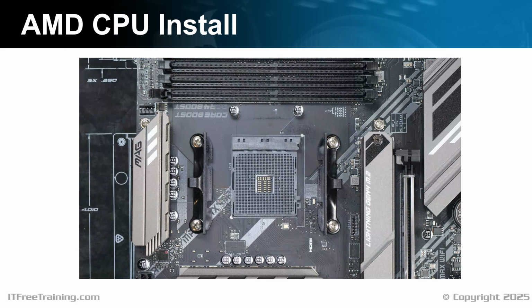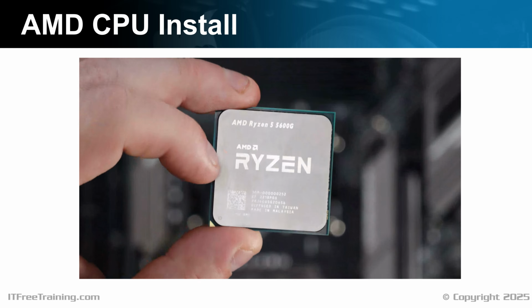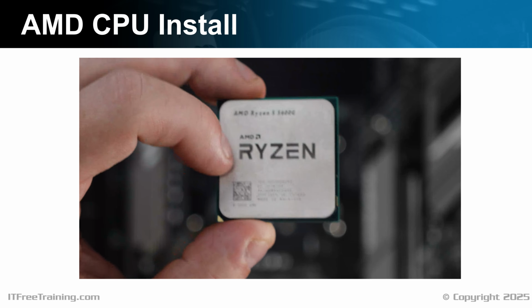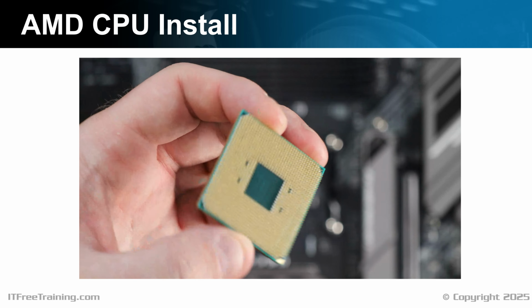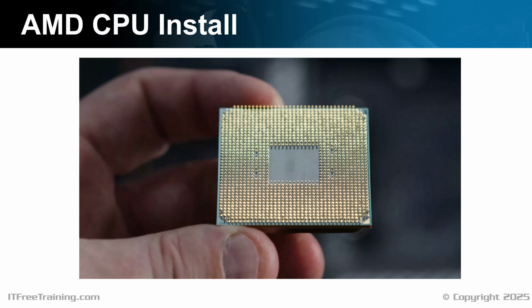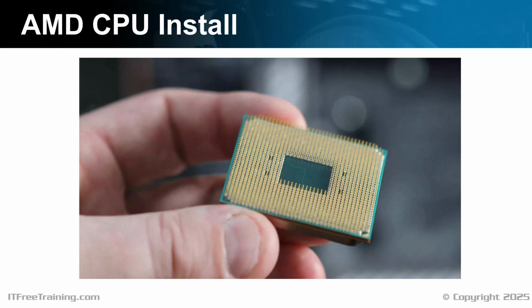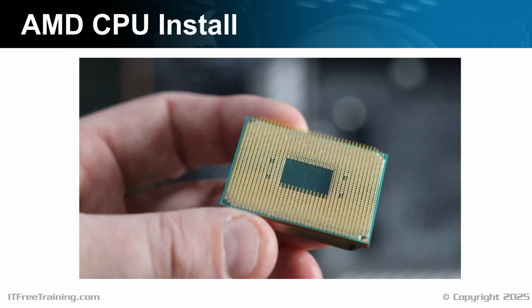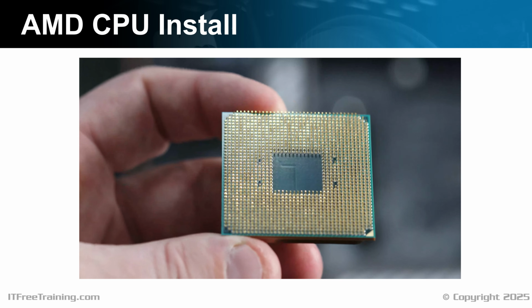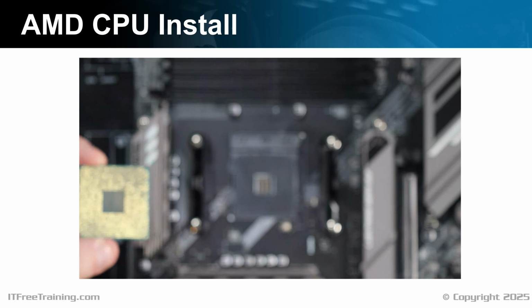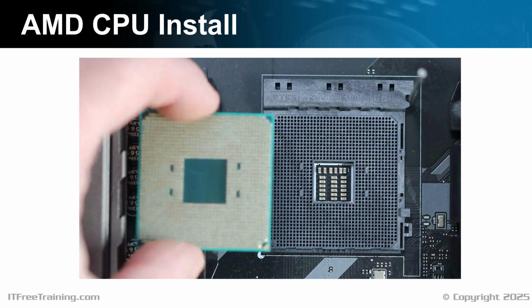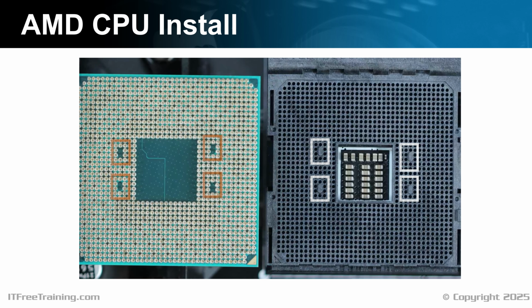The next step is to put the CPU in the socket. Just like the Intel CPU, I'll need to locate the triangle on the CPU to make sure that it's orientated the correct way. You'll notice on the bottom of the CPU there are pins rather than being flat like the Intel CPU. When I place the CPU next to the socket, notice that there are a number of pins missing. These are missing to ensure that you don't put the CPU in the wrong way, so make sure you never force the CPU in, because if it's orientated incorrectly, it'll damage the pins under the CPU.